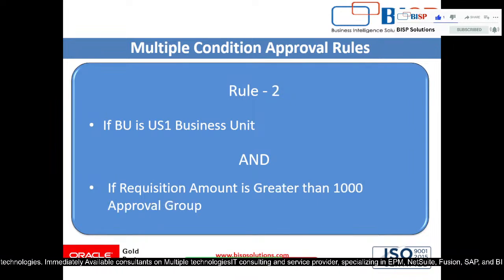In the same way, we have rule 2. If the BU is US1 business unit, with the AND operator, and your requisition amount is greater than 1000, then this request is approved by the approval group. You can define the approval group, either a single approval or hierarchical. You can define as per your requirement, right? So let's perform this multi-condition approval rule in our application. So let's move to the application,